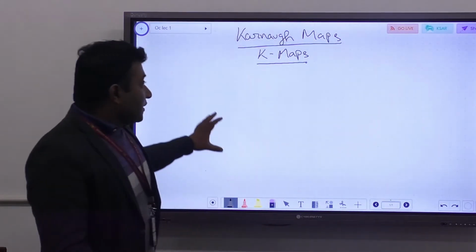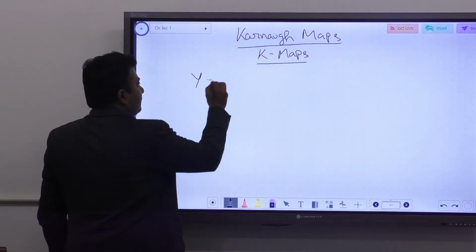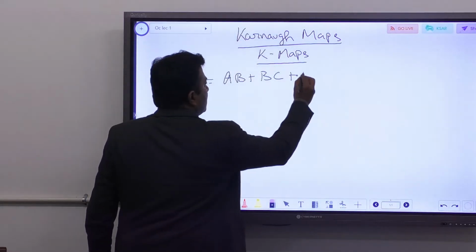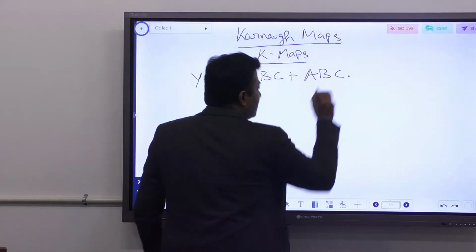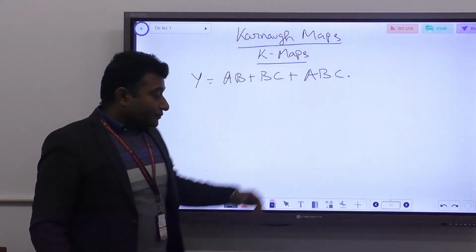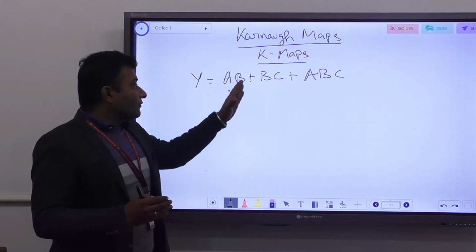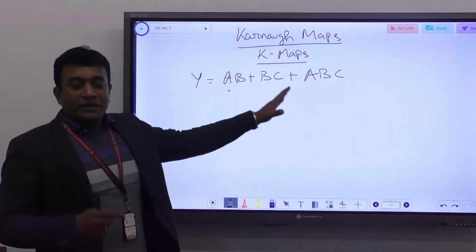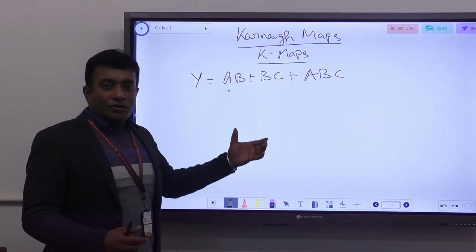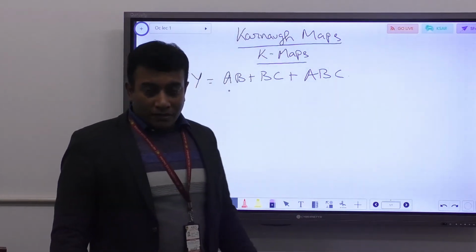The reason behind is that in case we have a circuit or an equation, suppose y equals ab plus bc plus abc, certainly by using Boolean algebra we are going to shorten this equation. Why do we shorten the equation? It's because the more gates are used if we take it as it is, otherwise if we minimize the equation, the number of gates would be reduced, and that would effectively reduce the cost of the circuit which we will implement.